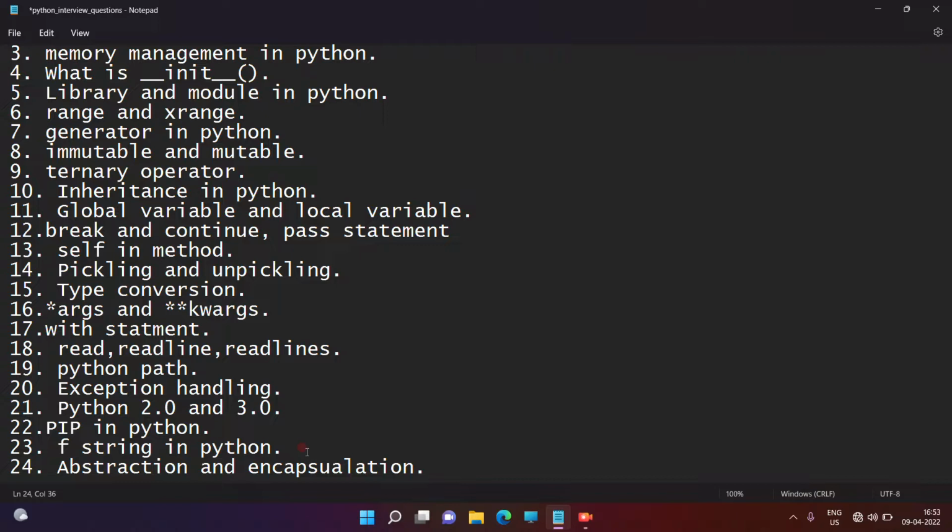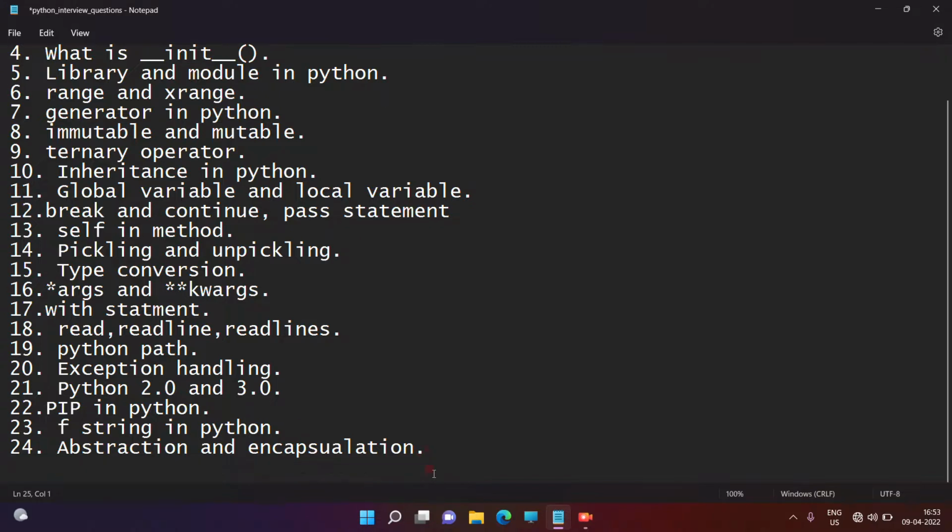So every class is an example of encapsulation. That's it, right? Also we can restrict the access of a particular data member and member function outside a class, right guys? There are different types of access specifiers: public, private, and protected, right guys? We can restrict the access of a particular data member and member function outside a class by using encapsulation. This is all about abstraction and encapsulation, right? So next question, 25th question. One second. So how to get, right?